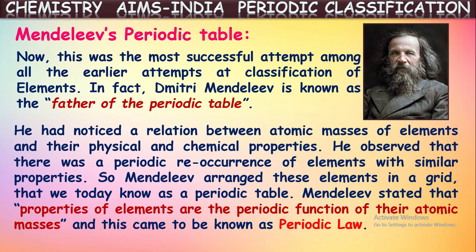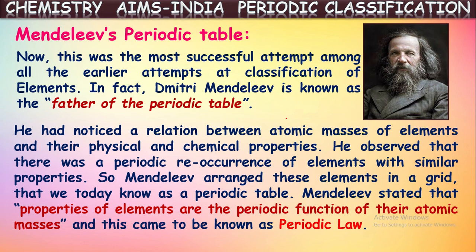And then he gave a statement of what he observed, which we call the periodic law. You can say Mendeleev's periodic law. He stated that the properties of the elements are periodic functions of their atomic masses. So the physical and chemical properties of the elements are periodic functions of their atomic masses. That means when elements are written in the increasing order of their atomic masses, there is a certain repetition in the properties of the elements. So based upon this, he tried to classify the elements into groups, and hence he drew a periodic table